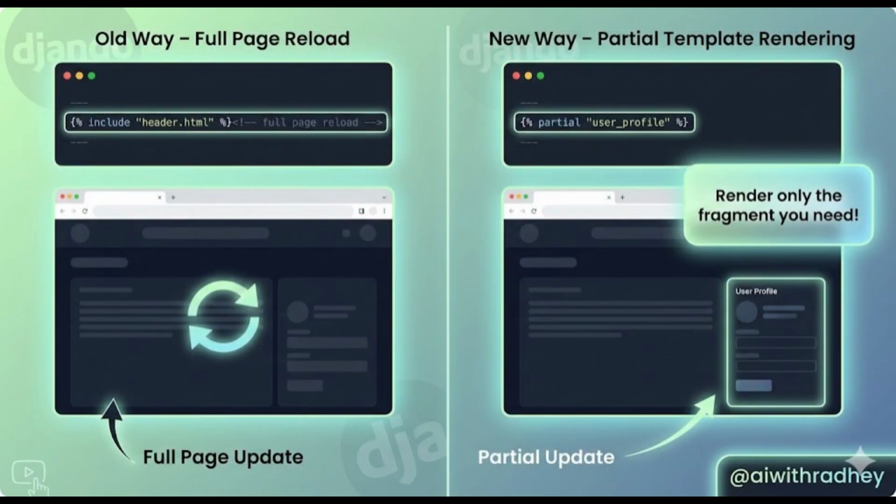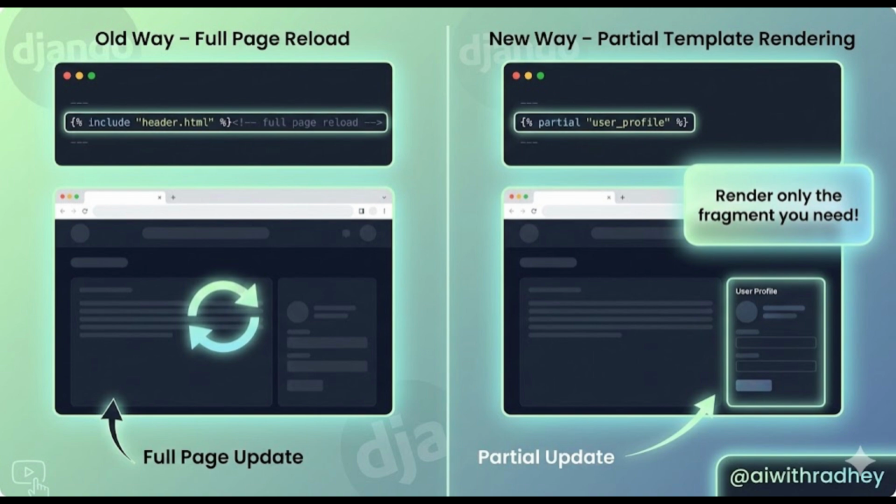Next up, template partials. And if you love HTMX or Unpoly, you're really going to love this. Previously, rendering just a small part of a page meant pulling in third-party packages or writing extra glue code. Django 6.0 introduces native template partials. You can now define named fragments directly inside your templates and re-render only that specific section. This makes it incredibly easy to build dynamic, SPA-like interfaces, all while staying fully inside the Django template language with